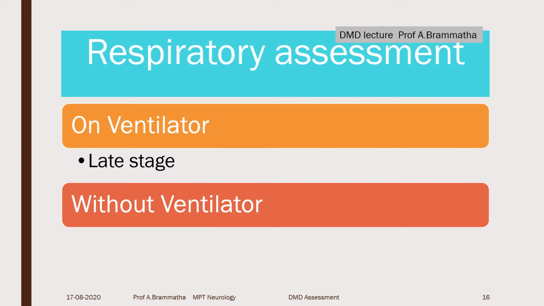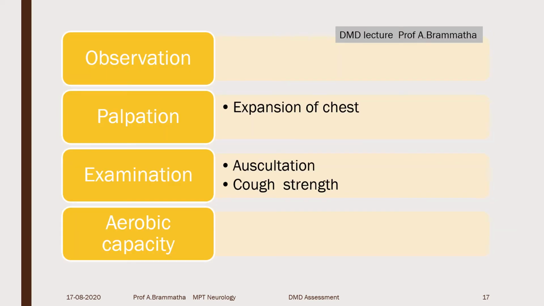But considering this, in the early stage, ambulatory assessment, MMT, is very, very important to chart out the progression of the child's muscle weakness. So respiratory assessment, if you want to elaborate, it's like observation, looking for any paradoxical breathing, and palpation, and auscultation, especially with the stethoscope, to look for the air entry and look for the secretions, and the cough strength, especially in the late wheelchair phase and in the bedridden phase.